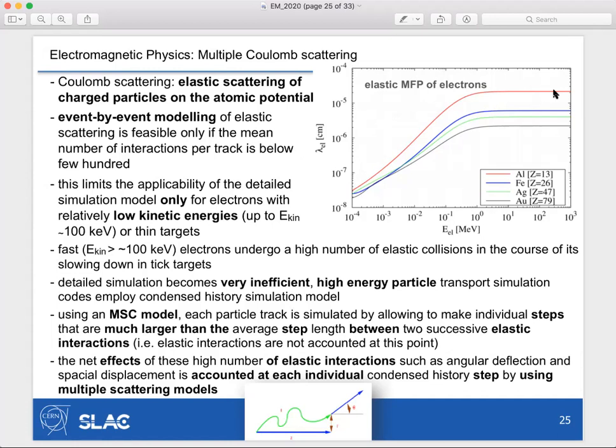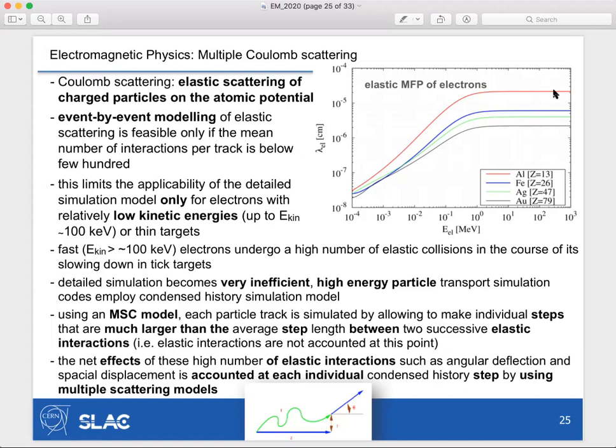It would really require lots of time. So what's happening in the simulation codes, even for intermediate energies but especially for high energy simulation codes, is that they employ a multiple Coulomb scattering model. And when this multiple Coulomb scattering model is used, what's happening is that we practically remove from the list of